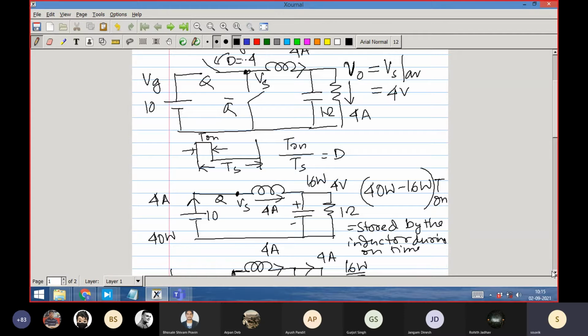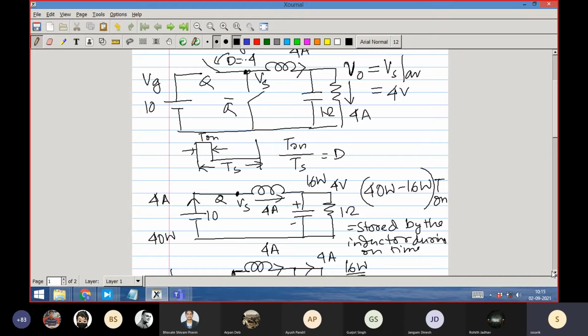My intention is not to go to 10 volt. That is why it is a controlled thing. I can choose whatever output voltage I want, by this switching means, by this kind of averaging means. I go to 10 volt for some time and 0 volt for some time. And there is a consequence. In this case you are taking extra energy, because you know that subsequently, when the switch will be at the Q bar position, you will not be supported.